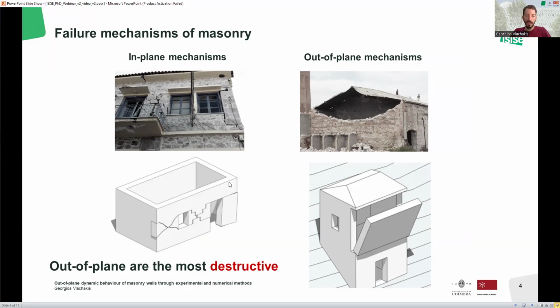The in-plane mechanisms occur when there is a box-like behavior of the structure, and they are a preferable type of failure since the capacity of the whole structure is mobilized. On the contrary, out-of-plane mechanisms occur when the connections among the structural elements are insufficient, thus resulting in destructive collapses. Importantly, these mechanisms are the weakest, and at the same time, their behavior is the least understood in the